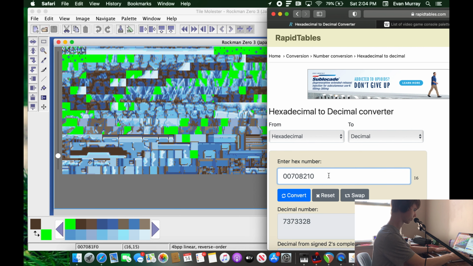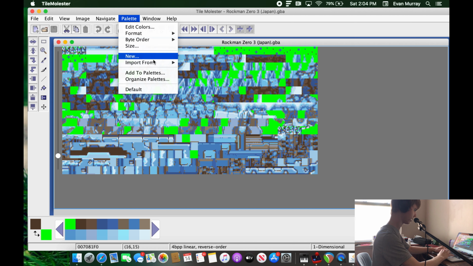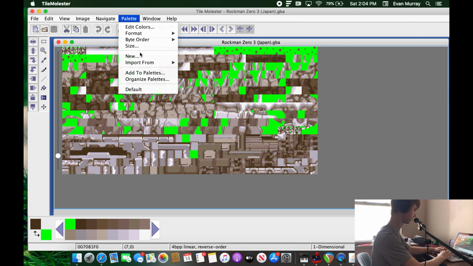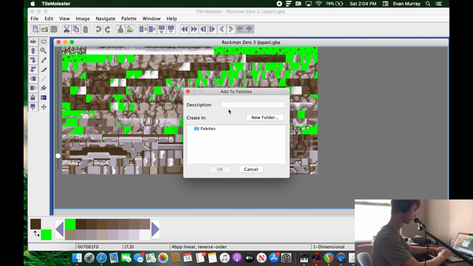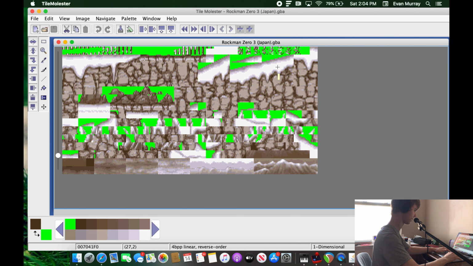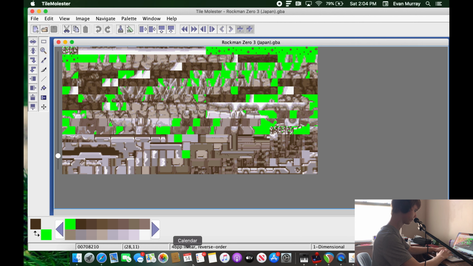And here's another useful thing you can do: once I put in this palette, so I go to import and then I type in that again, once I put in this palette, I could save it. So I could add to palettes and I would say ground, because that's the palette for the ground right here. And then I could go back to this one, type that in again,